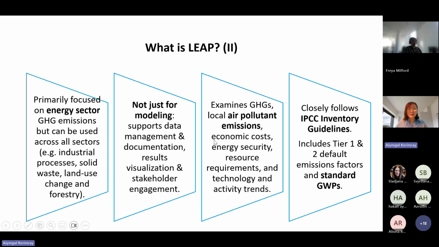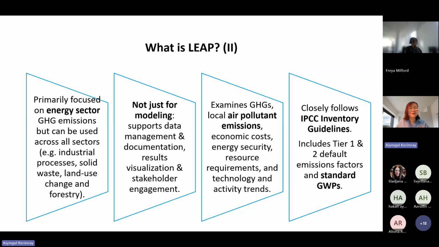Mostly the focus is the energy sector, but non-energy sectors can also be modeled with the LEAP tool. But the detailed structure is mostly for the energy and fuel combustion sectors. And it can be used not only for modeling, but it also has a very detailed structure and default data, and it can be used for data management and documentation, as well as visualization. So outputs of the LEAP model